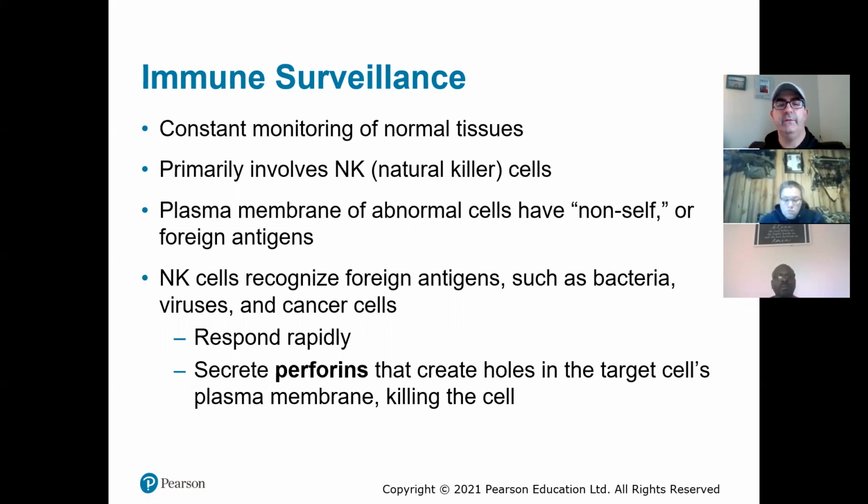There's also immune surveillance. There are natural killer cells. Natural killer cells can recognize the surface of your own cells versus the surface of cells that are not your own. The surface of every cell has markers on the outside of it, and natural killer cells, NK cells, recognize those marks. So they can recognize which ones are yours and which are not, and they will kill off the ones that are not yours. They recognize foreign antigens like bacteria, viruses, or cancer cells.